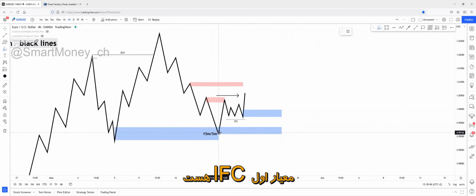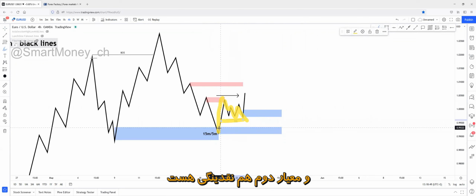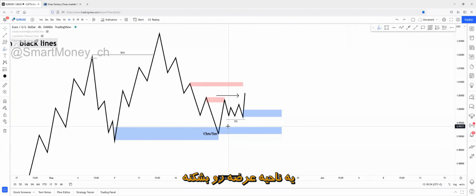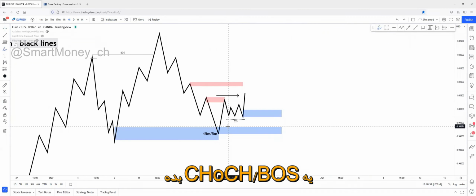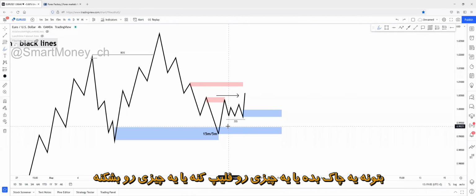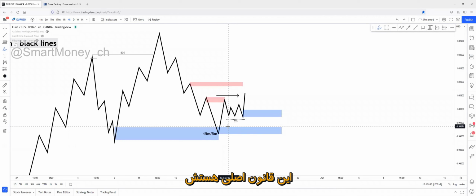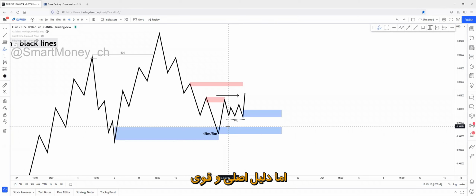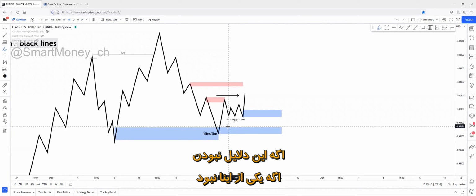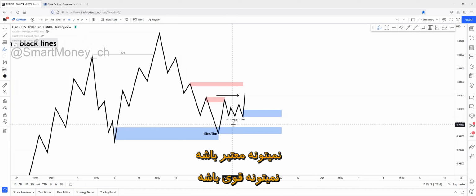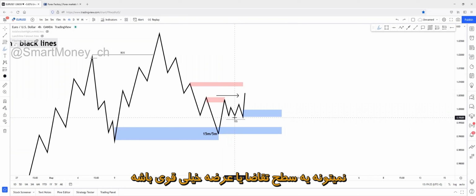Now it has two criteria. First criteria is inefficiency. Second criteria is the liquidity. But this still isn't a demand zone because the highest criteria for a demand zone is to take a supply out, change character, or break structure. So a demand zone will be a demand zone, a supply zone will be a supply zone, if it can change character, flip something, or break something. This is the main rule for demand zones and supply zones. There could be inefficiency, there could be liquidity, but the main and strongest criteria for a demand or supply zone is the break, change of character, flip. If one of the criteria is missing from these that I just mentioned, that won't be a valid, that won't be a strong, and won't be a super strong demand or supply zone.